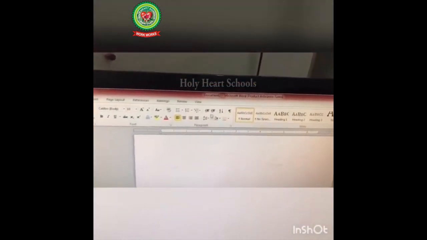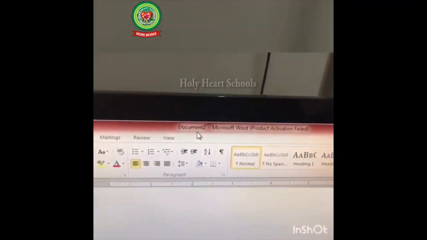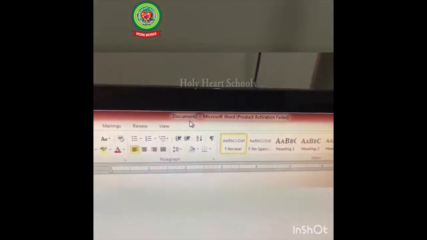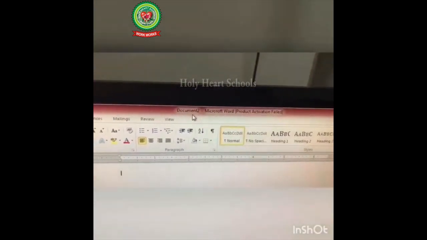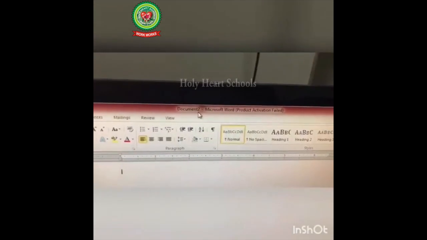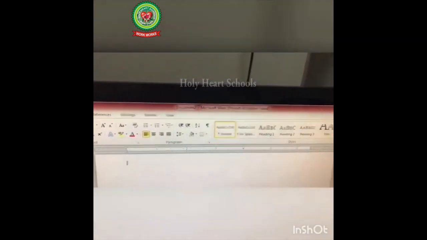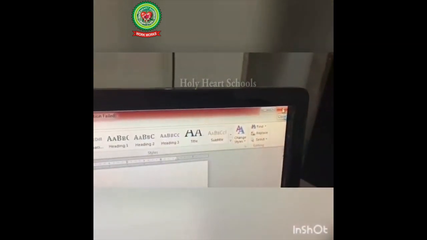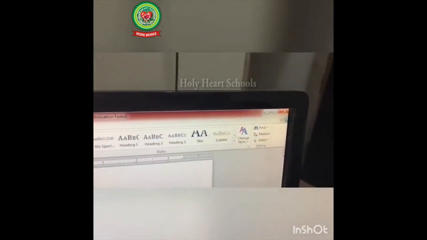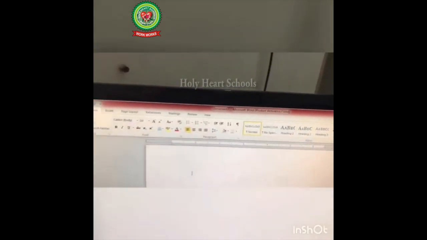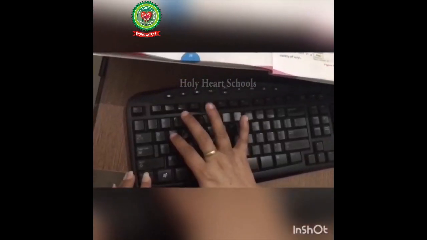Now you can see the document whose name was 1 is closed now, and our Document 2 and 3 are still open on the screen. You can also click on this Close button to close a particular document. And you can also use the shortcut key Ctrl+W from the keyboard to close a particular document.